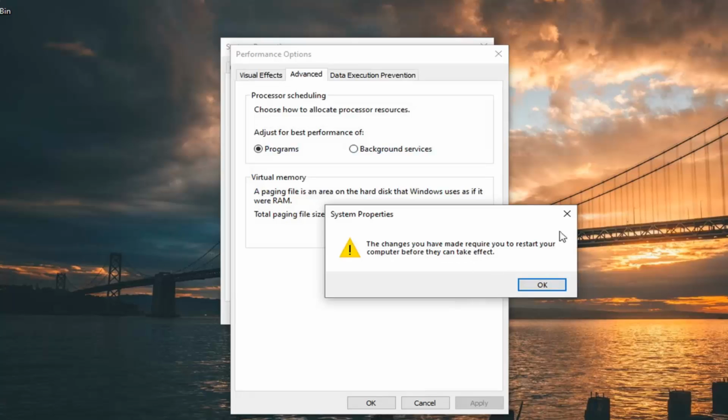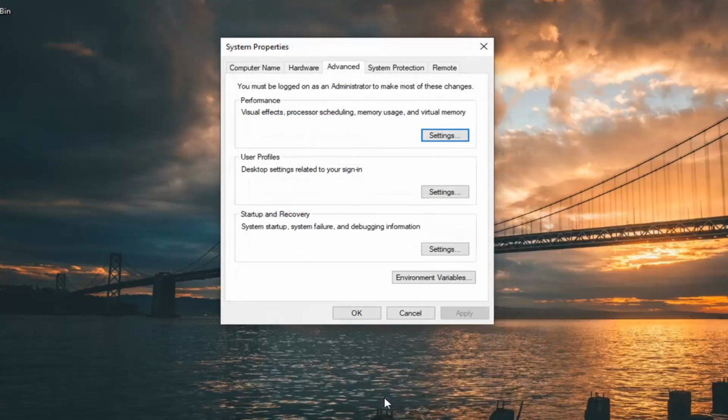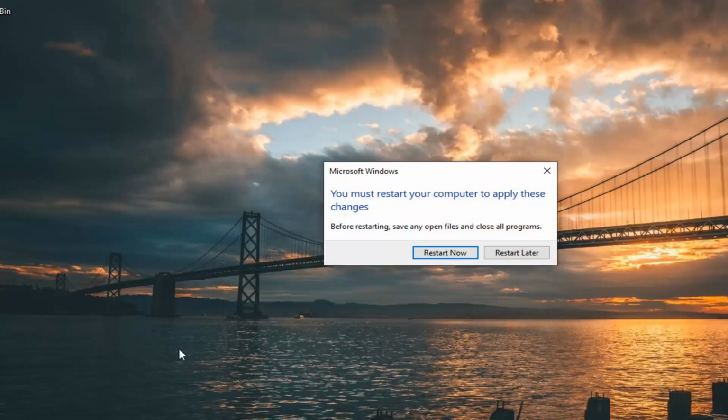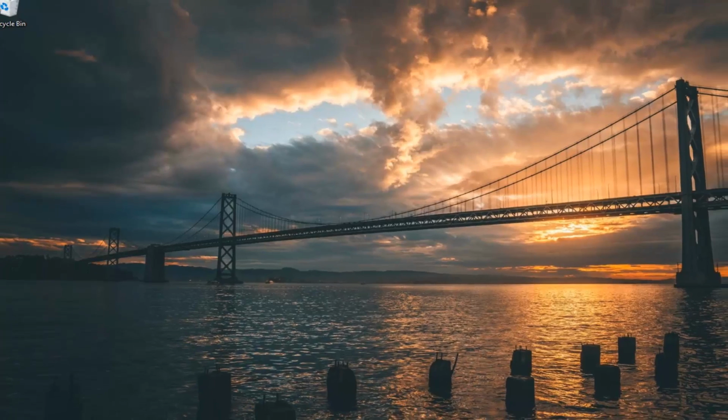So you will have to restart your computer, but we're going to do that in a little bit, so just close out of here. Select Apply and OK. Select OK once again. So we're going to restart later, but for right now we're going to open up the